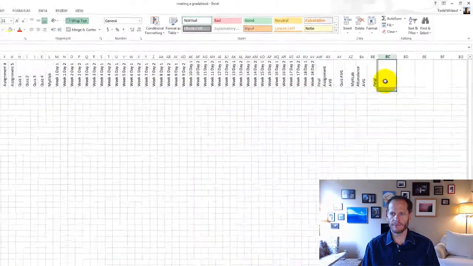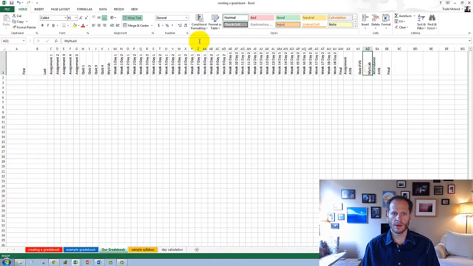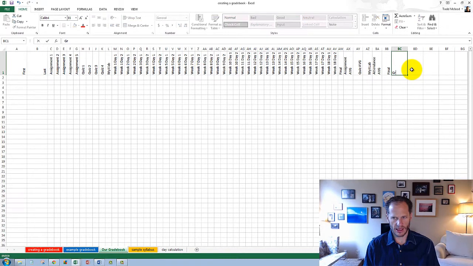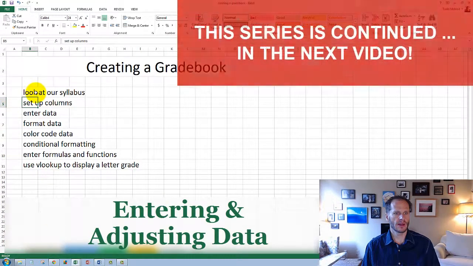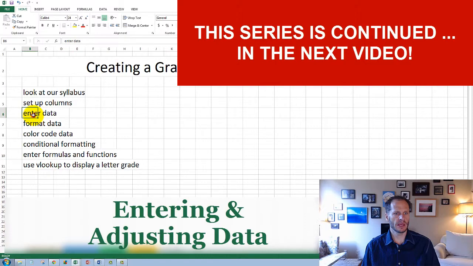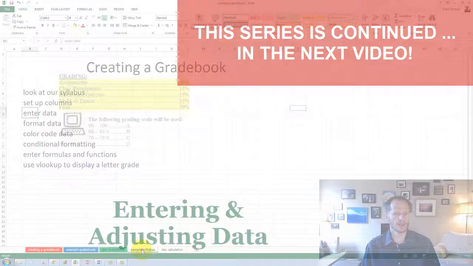And I'll call that, well, it's not going to be an average, but grade, just grade, and that'll be our grade. All right, so we created all of our columns, set up our columns. Now we need to enter some data. So to enter data,